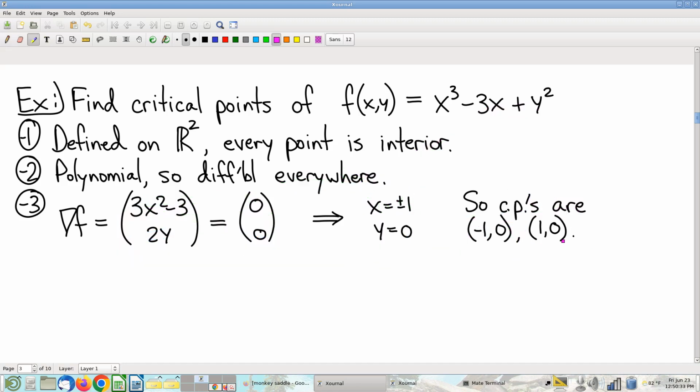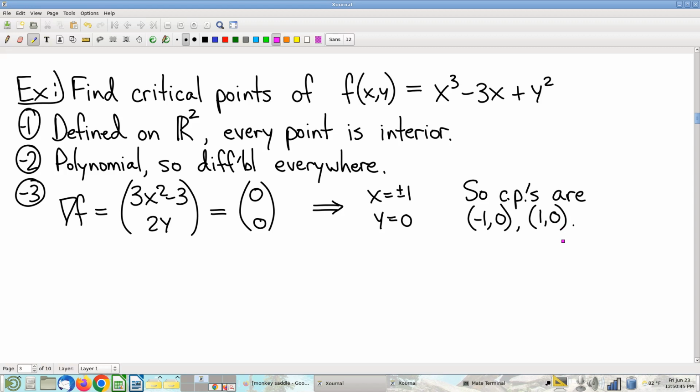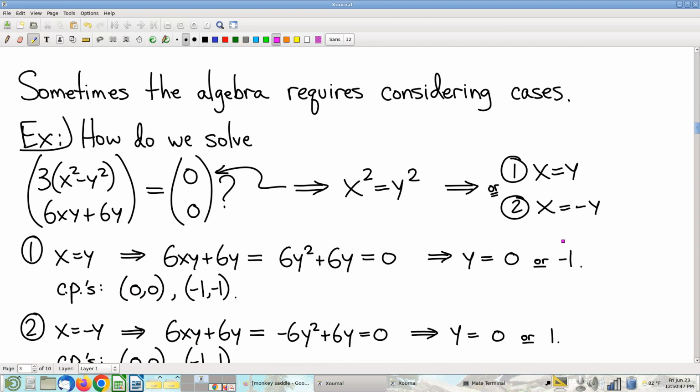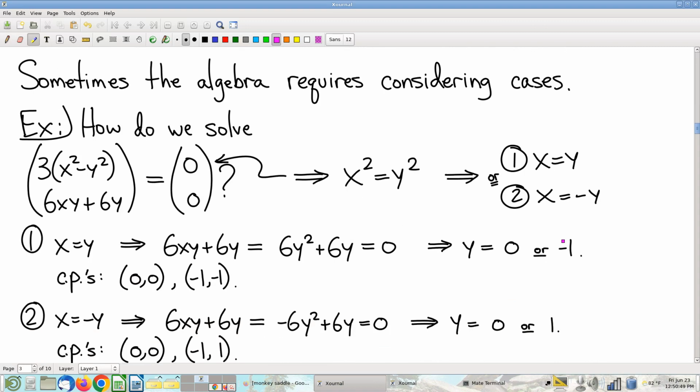Now, the algebra on this example that I just started with is unusually convenient. You won't always get that lucky. The algebra of vectors can get a little weird sometimes. And so let me just show you an example. Very often you have to consider what we call cases. The various different possibilities that you need to entertain in order to be able to make any progress in the algebra at all. So, for example, let's suppose this was the little vector algebra system that you wanted to solve,